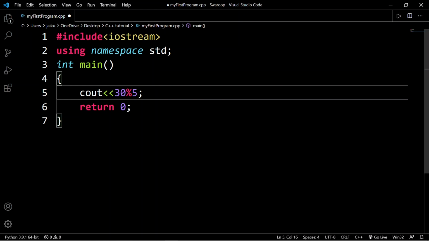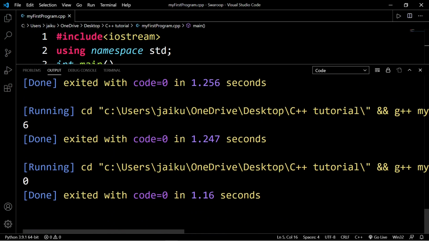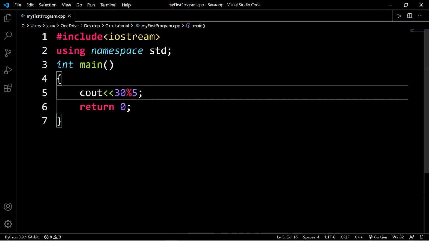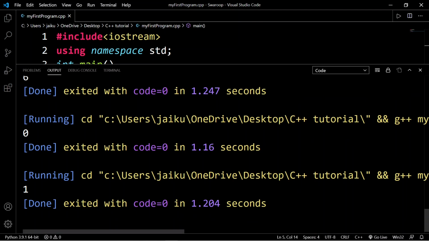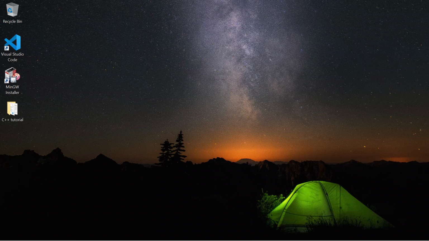It will give us the remainder. See, here we are. And what if we have 3 modulo 2? Control S, it should give us 1 because that's the remainder. Here we are. And that's it for this video.